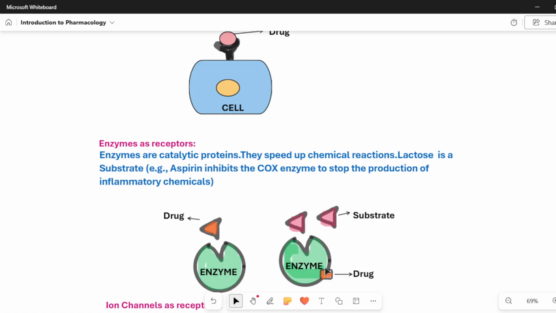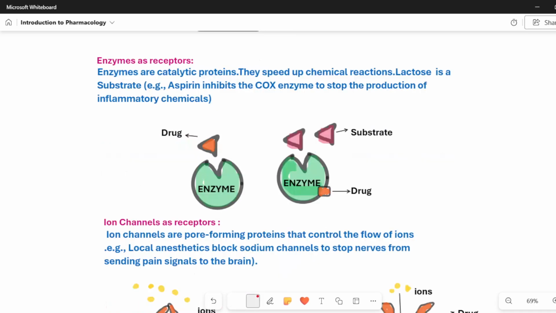Sometimes drugs are used so that this activity is increased. Now many substrates will come and sit and get modified and released into the blood. So this enzyme will generate more output, whereas before it was blocking the output. Like that, drugs can also be used.